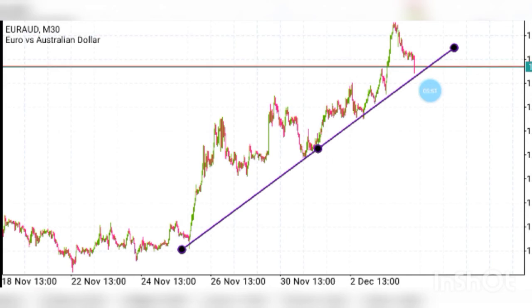Now, I believe you guys would like to know how to trade using a trend line. If you want to really see that, please make sure you subscribe to this channel and wait for the next video. The next video will be on how to trade using a trend line, and then how to make money with a trend line, how to understand and trade the trend line.